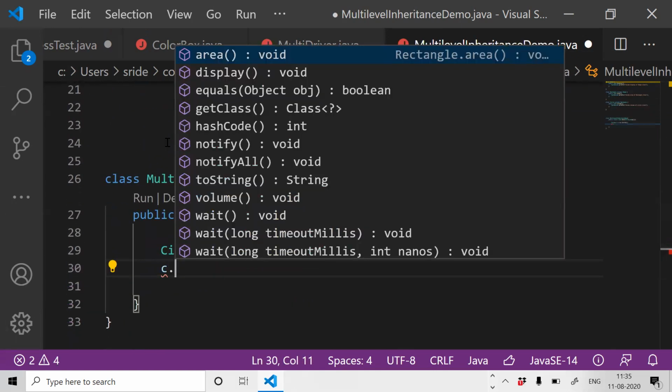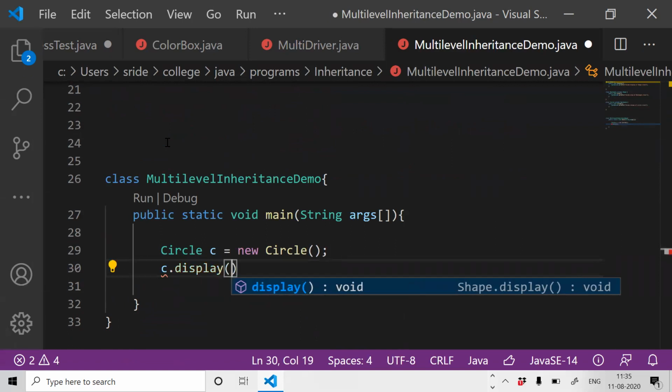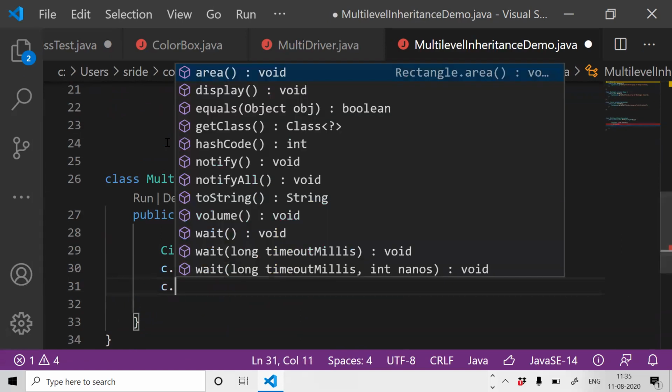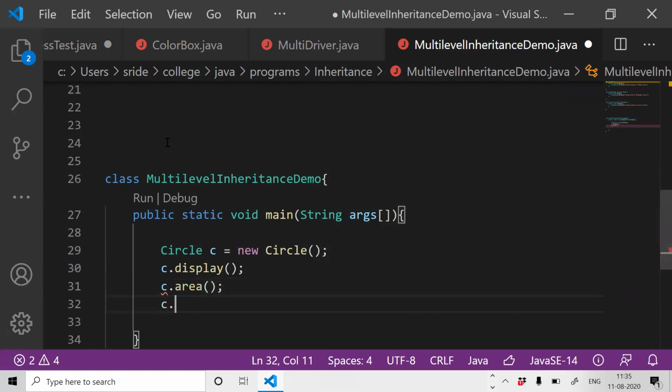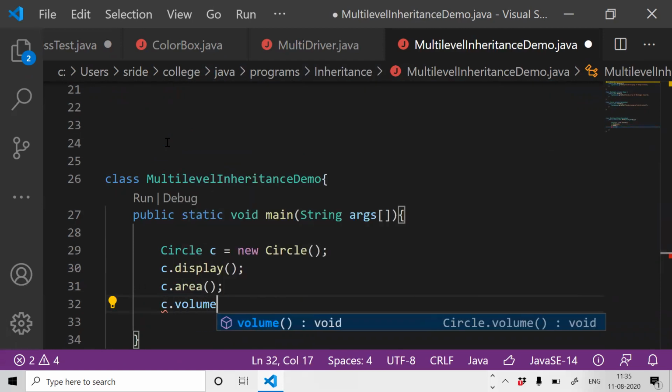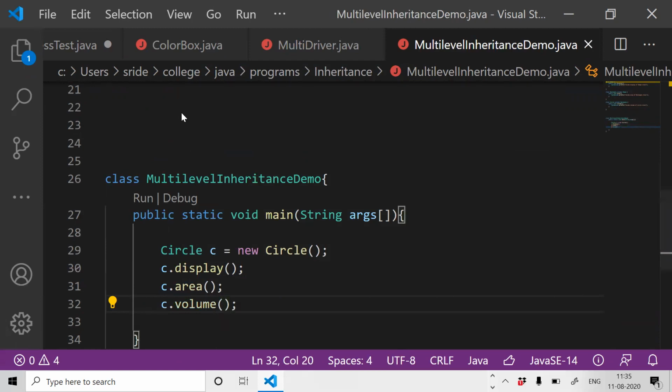We'll check whether we can call all. The first method is c.display, the next method is c.area, and the other method is c.volume. We'll check whether it is working or not.